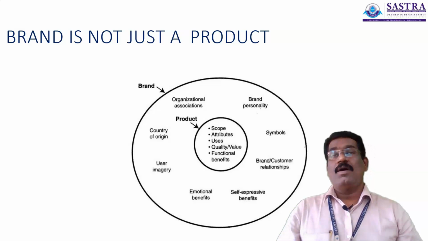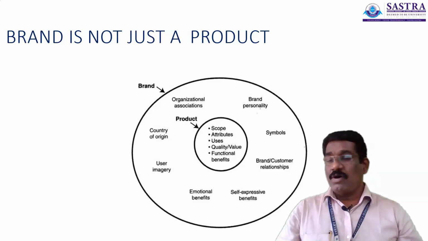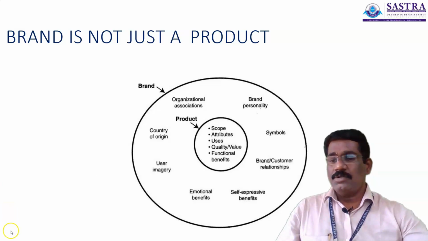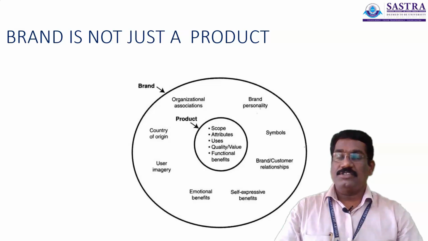again we can talk about having a mobile phone like Apple phones, and also the country of origin. So when you think about the country of origin, I used to prefer to buy Sony products because since it is made in Japan, the country of origin matters for me. And also when I buy a car, it should be German made, so I go for a BMW or Mercedes car. So that's why we say brand is not just a product, it is more than that.